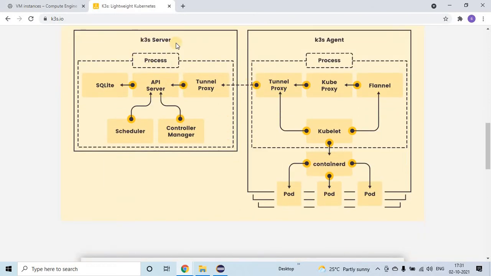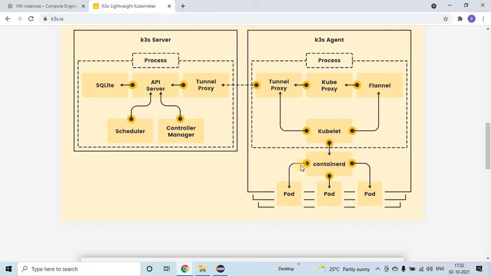We'll have the server node and the agent node. It is good practice to install all our pods on the agent node rather than on the server node. K3S runs on top of containerd.